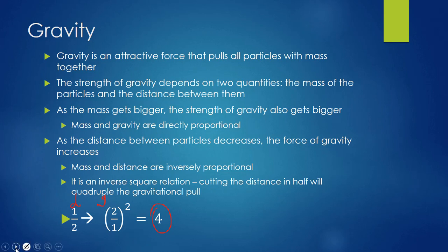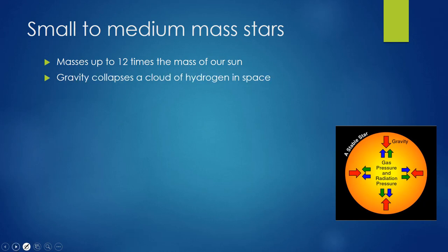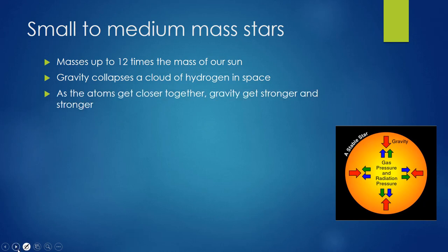And that plays a major role in stars, because what happens is we have this cloud of hydrogen gas floating out around in a spot in space, and it might get perturbed by, say, an explosion of a star somewhere else, a gravitational wave, whatever, but this hydrogen cloud starts to collapse, and as the particles get closer to each other, the gravity gets stronger, and it pulls in more particles, and that means more mass, and that means more gravity, and that pulls things in closer together. So gravity continues to get stronger and stronger,